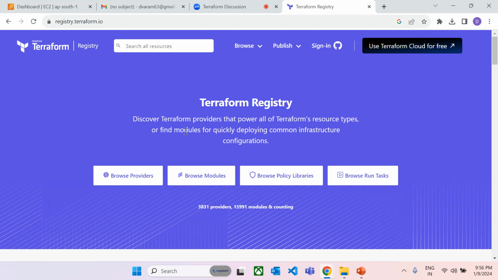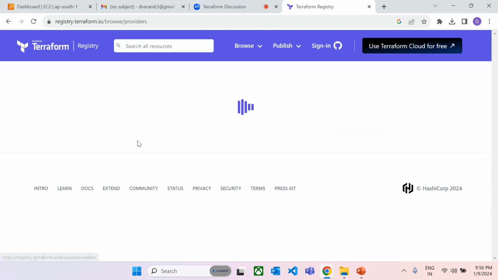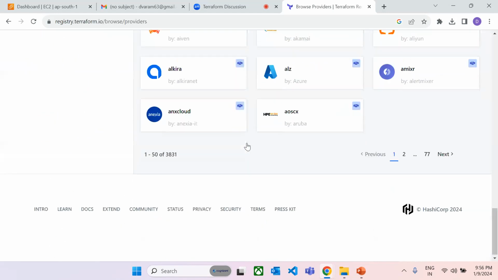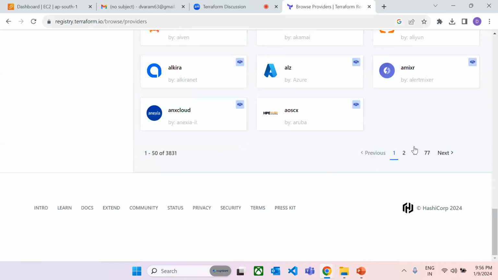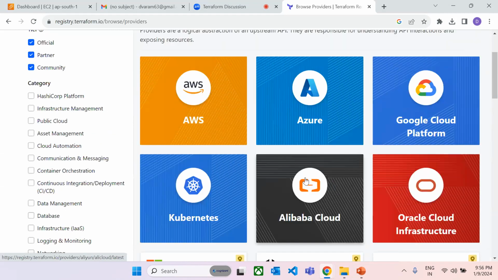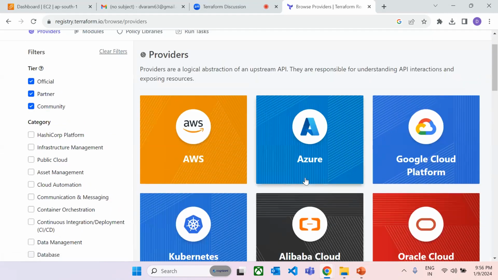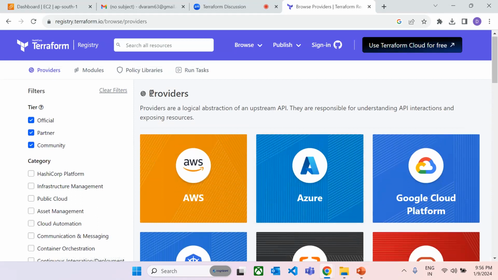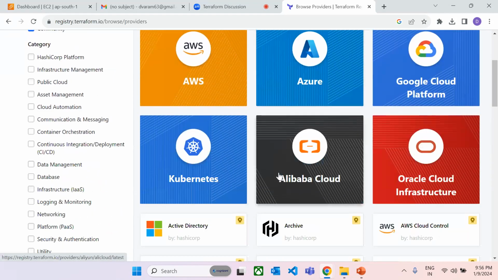If you go here and click on providers, you can see there are multiple providers. There are 77 pages. Maybe it supports 3000-plus providers, I don't know the exact count. It will provide all the major clouds. So if you go back here,